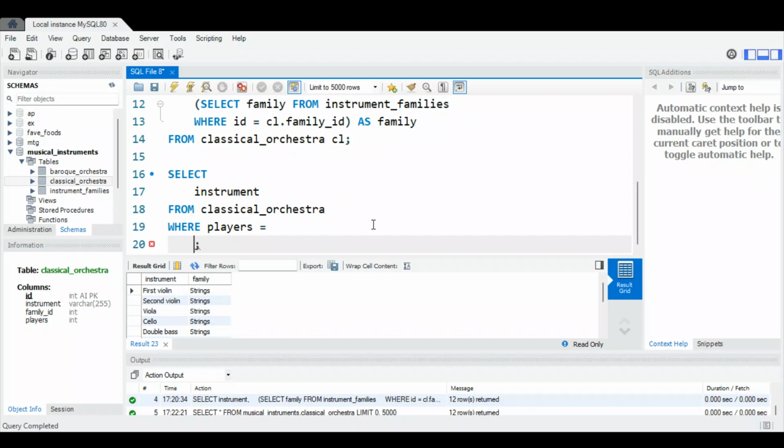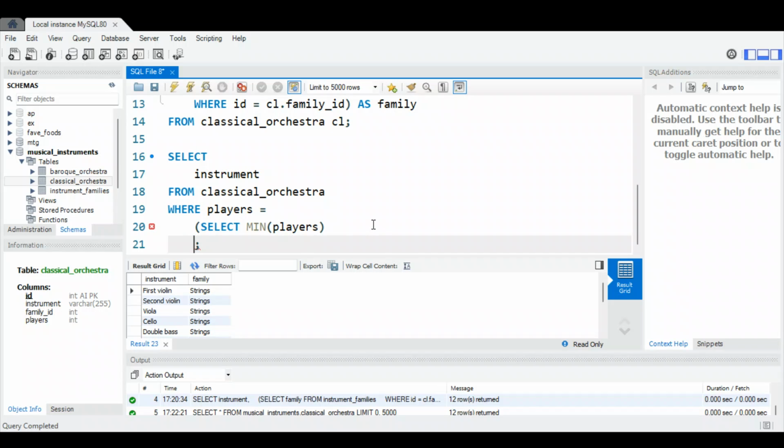And so where players equals, and then we'll do our select in here. Select players. But instead of just selecting players, we want to get the smallest number of players, right? So we're going to use this guy right here. There are a couple examples from the textbook that do this, where min players, and it'll return a single row with just the minimum, right? The smallest number that it gets from that column. And let's go ahead and do from Baroque